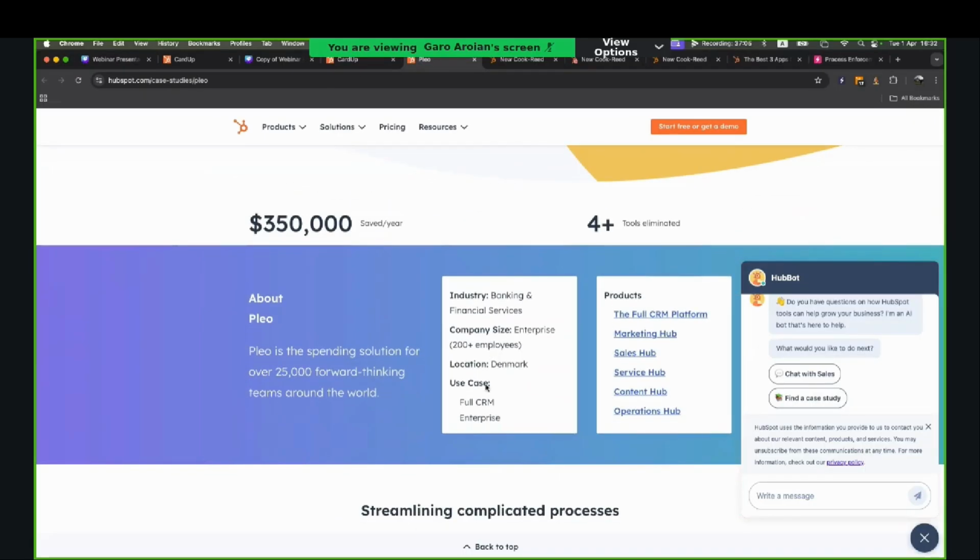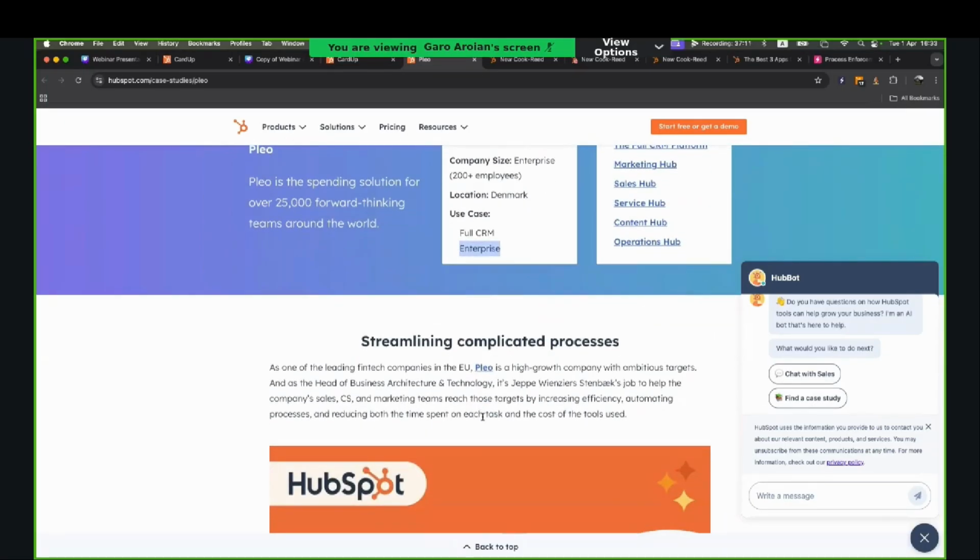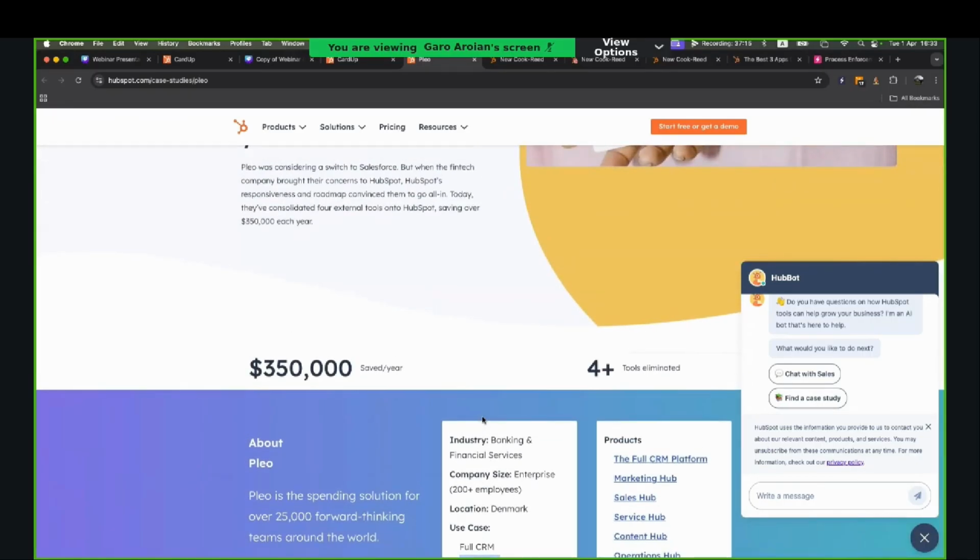They had the CRM added and the enterprise feature of it with the custom objects added completely inside HubSpot, and it saved them 350,000 just by having HubSpot completely set up correctly, and they eliminated more than 4 tools by just setting up HubSpot. So one tool is replaced